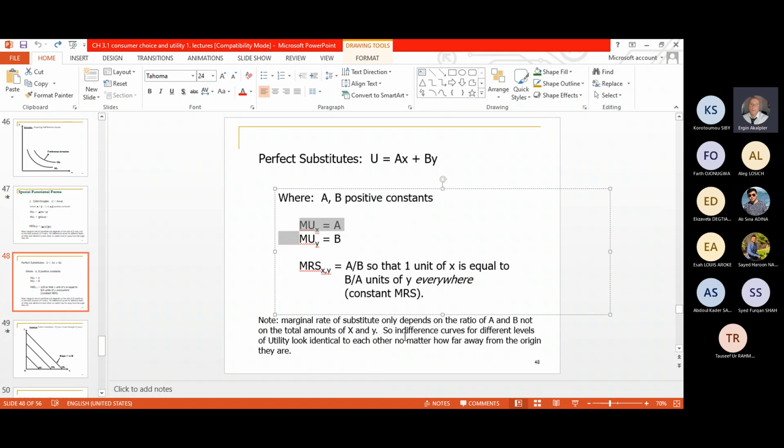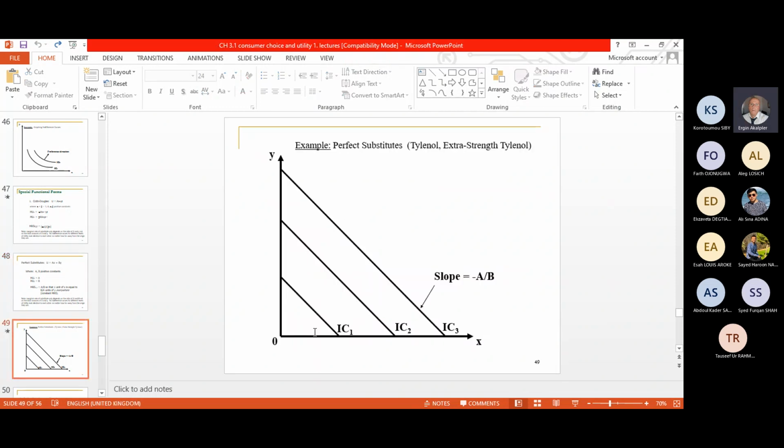Therefore, indifference curves for different levels of utility look identical to each other, no matter how far away from the origin they are. Is it clear? Then the perfect substitutes indifference curves, as given here, are indifference curves 1, 2, and 3. It is a linear curve. Then the slope is minus a over b